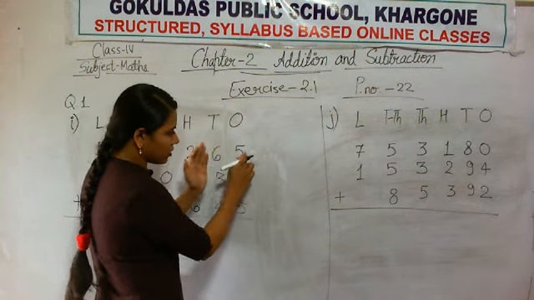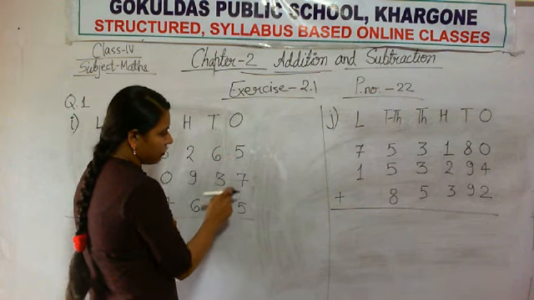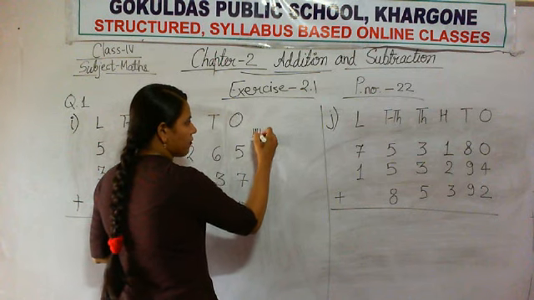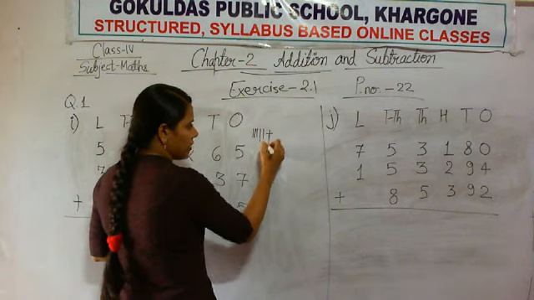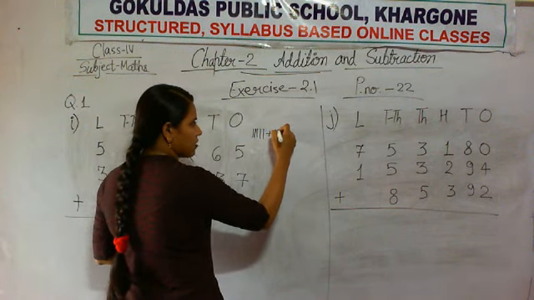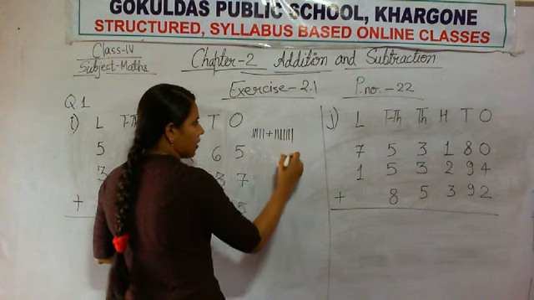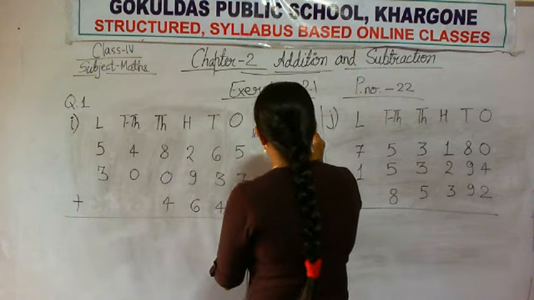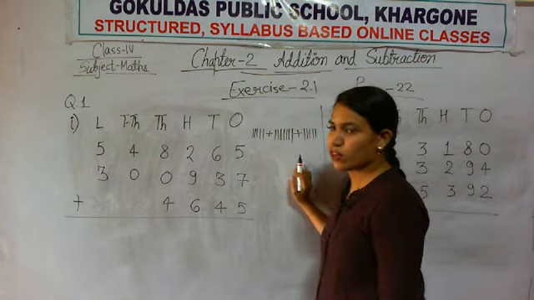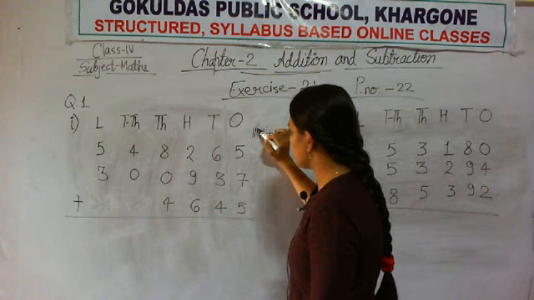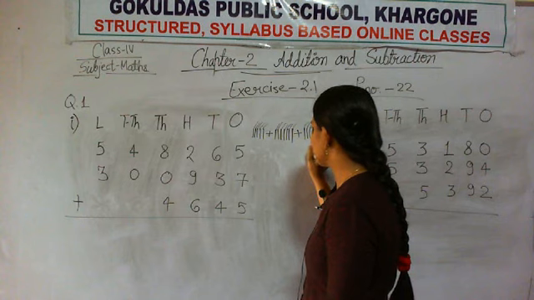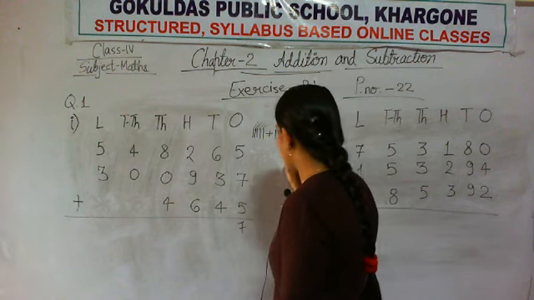Now you can see that at ones place, ones column, 3 digits are there, 5, 7 and 5. So first number is 5, so make 5 sticks, 1, 2, 3, 4, 5 plus. Next digit is 7, so make 7 sticks, 1, 2, 3, 4, 5, 6, 7. Next number is 5, so add 5 more sticks. Now start counting all these sticks as we are doing addition. 1, 2, 3, 4, 5, 6, 7, 8, 9, 10, 11, 12, 13, 14, 15, 16, 17. You got 17 as the answer.